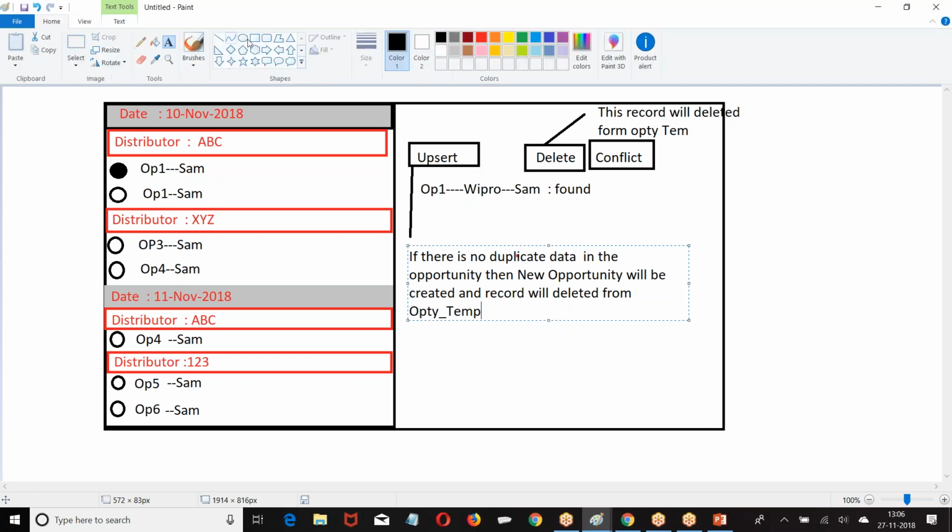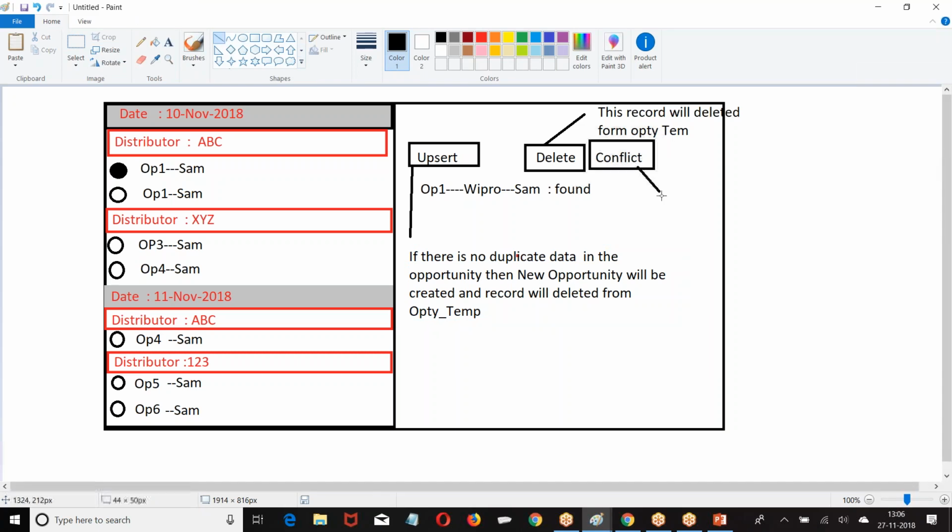Now, I feel the record is assigned to me, but actually I should not be the owner of that record. The system is going to assign the owner and send it, but they assigned the record to me. I should not be the owner of this record. Someone else should be the owner. Then I'll click on conflict. When I click on conflict,